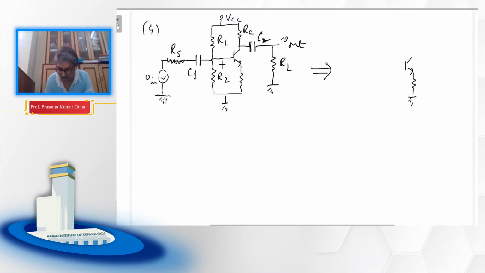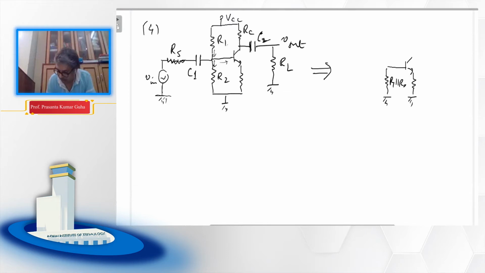Then you might argue that some portion of current is going this way, and some portion is coming this way. This whole current is divided in two parts. I'm talking about DC current, okay? But if this current IB is much smaller than this whole current, then you can basically approximate it as a voltage divider. Anyway, that way we calculated it before,